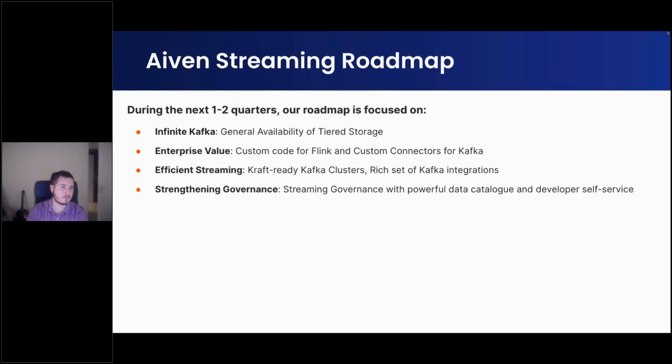I will move next to efficient streaming. This is something which is very fundamental and important for Kafka in general, for the ecosystem, and ensuring that Kafka can survive the next 10 years plus in its journey into the cloud. KRaft essentially removes the dependency on another adjacent system, which we need to basically run to ensure that the Kafka cluster survives. It's called Zookeeper. And basically KRaft-ready clusters are these new streamlined clusters without this dependency built in,